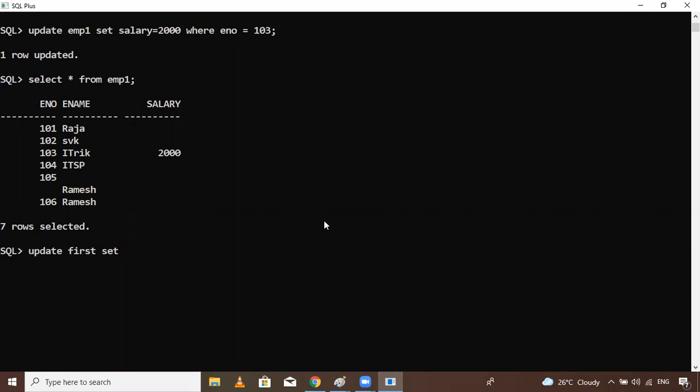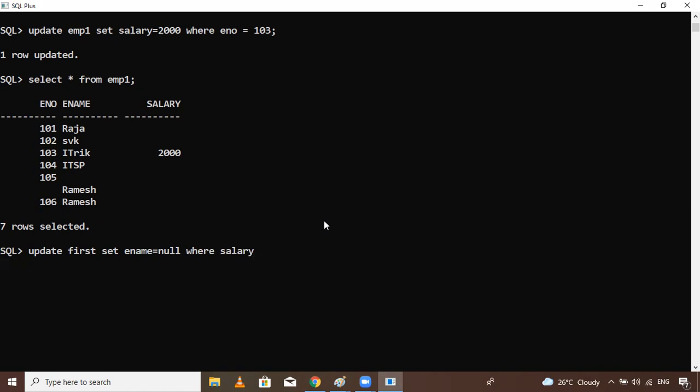Suppose set ename equals to null, where salary.